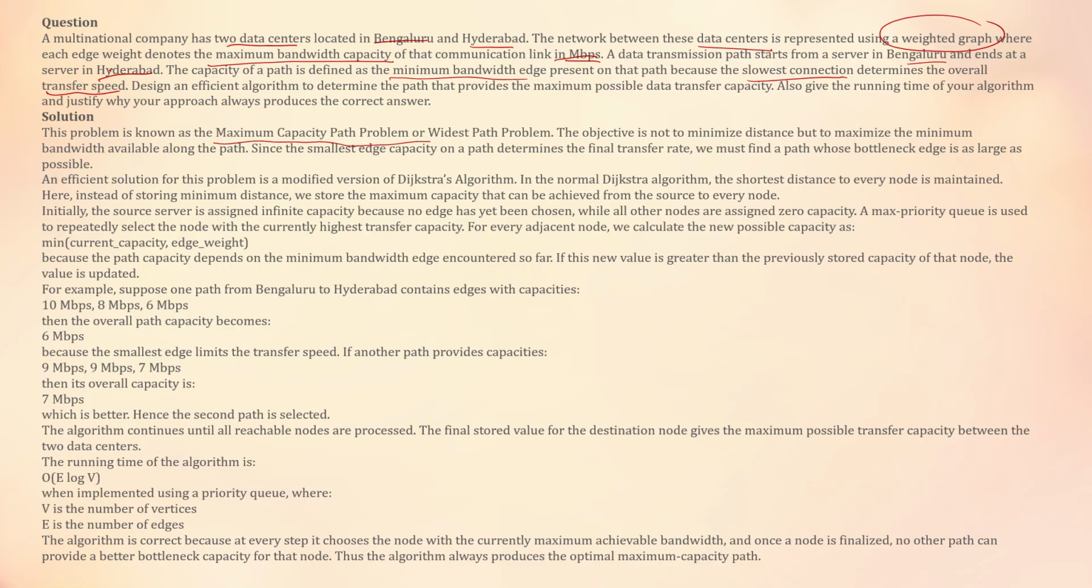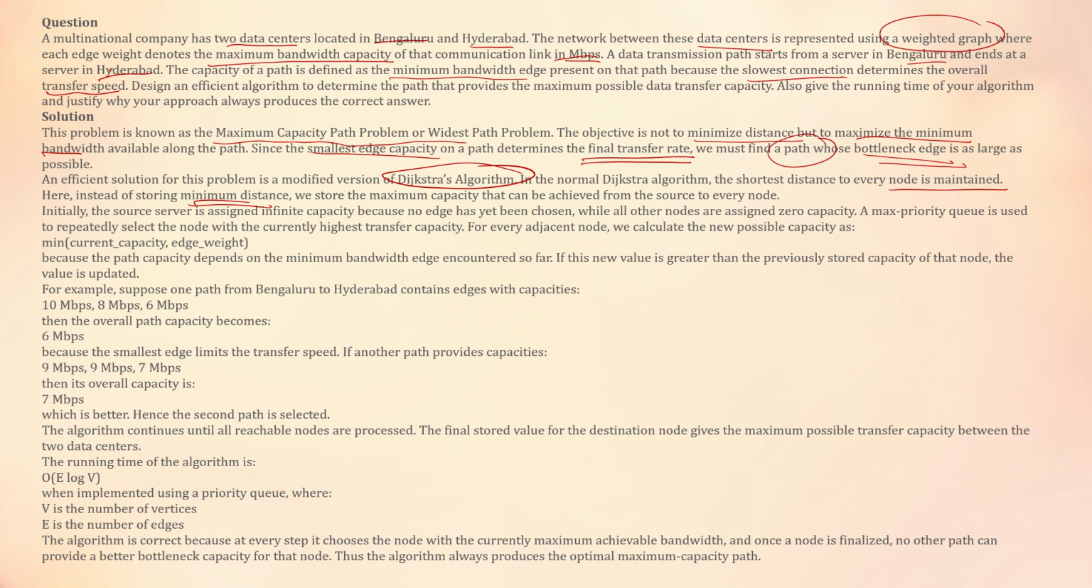This is known as the maximum capacity path problem. In this, it is not to minimize the distance but to maximize the minimum bandwidth. Since the smallest edge capacity determines the final transfer rate, we need to find a path where the bottleneck edge is as large as possible. Here we use Dijkstra's algorithm. In the normal Dijkstra, the shortest distance of every node is maintained; instead of storing the minimum distance,